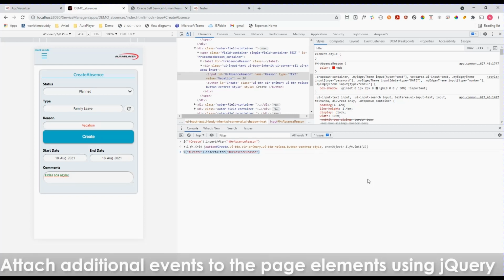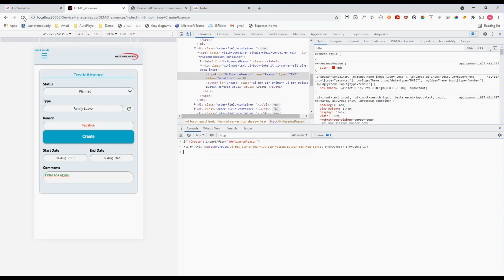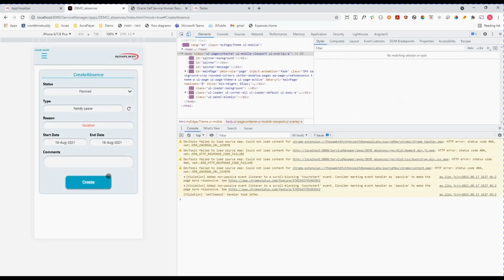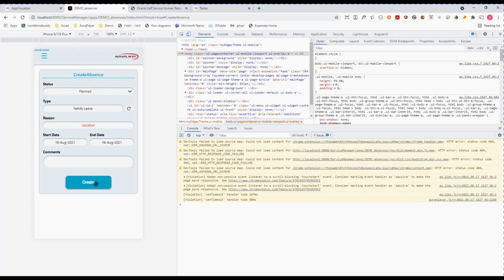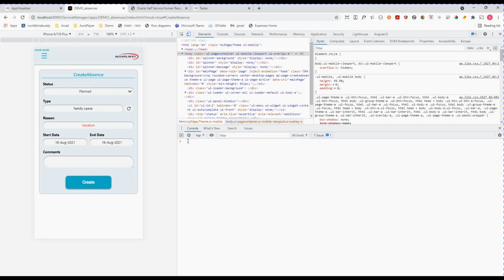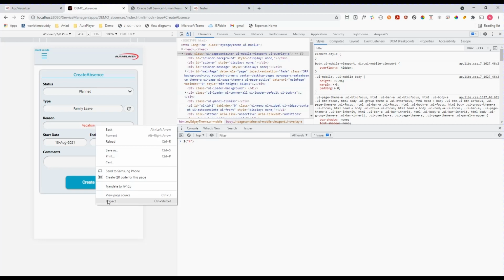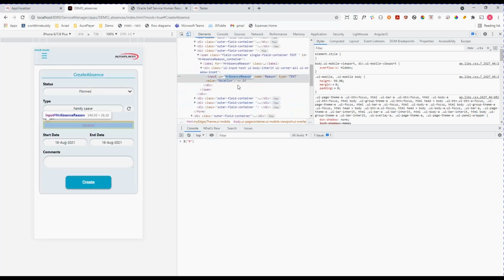And the last thing I want to show you is how I can attach events that do not exist in the visualizer. Right now in the visualizer we have the ability to attach a click event to a button, an onload event, and we can attach a click to select a row in a table. But let's say that I want to add, I don't know, a blur event to this field that will do something. So this is again something that I can do with jQuery. I can locate the element, for example, this one,